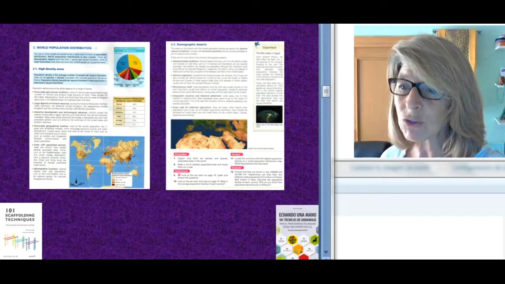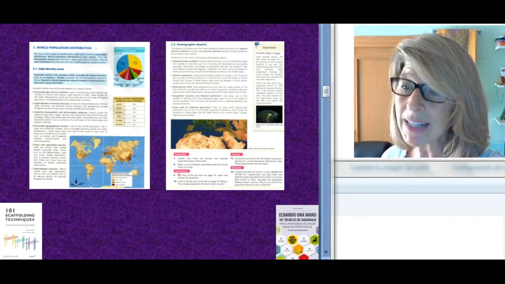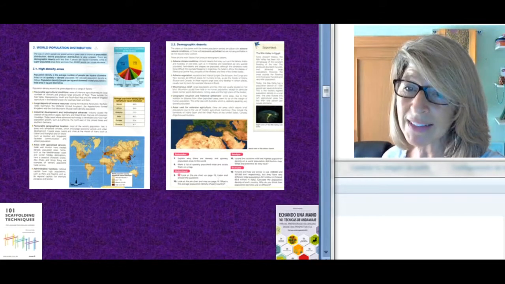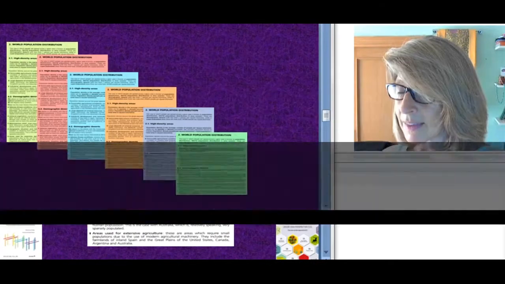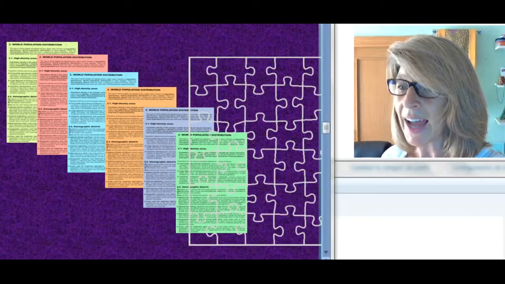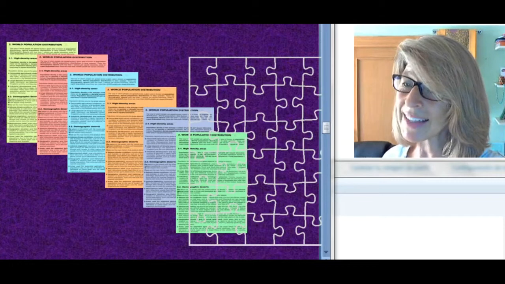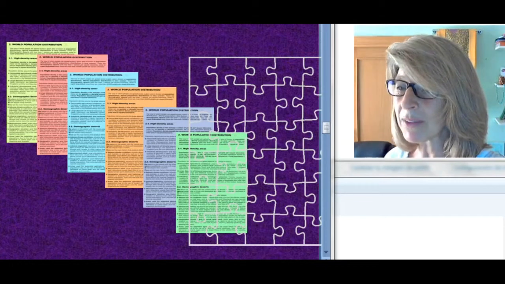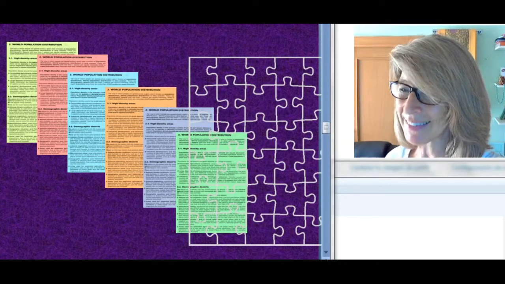So I've taken these 2 pages of a geography text, scanned them in, eliminated the images, and combined the definitions onto one page. Now I take this page of the definitions and print them out on 6 different colored pieces of paper, plus a template of a puzzle. I use a template that has pieces that are very similar to each other because, again, I want the students to put the puzzle together by reading the text and not by the shape of the pieces.